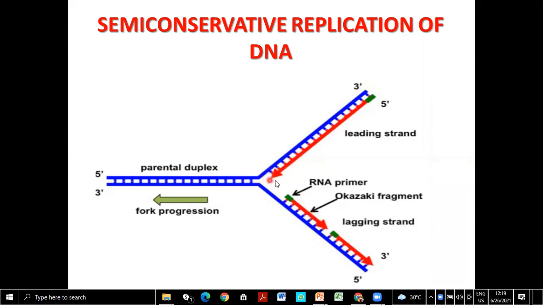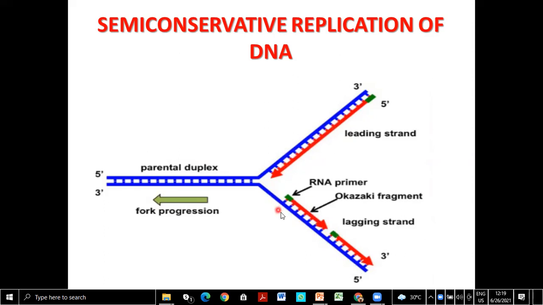This is all we have understood, and today I'll tell you why this is known as semi-conservative replication. Why is it semi-conservative replication? Both of these are the parent strands, and on both parent strands the new strand is formed. So in the daughter DNA, half of the strand, or one of the strands, is the parent strand, and the other strand is newly synthesized. So half is conserved. The same on the 5' to 3' strand also: this is the parent strand, and on it the new strand is synthesized.